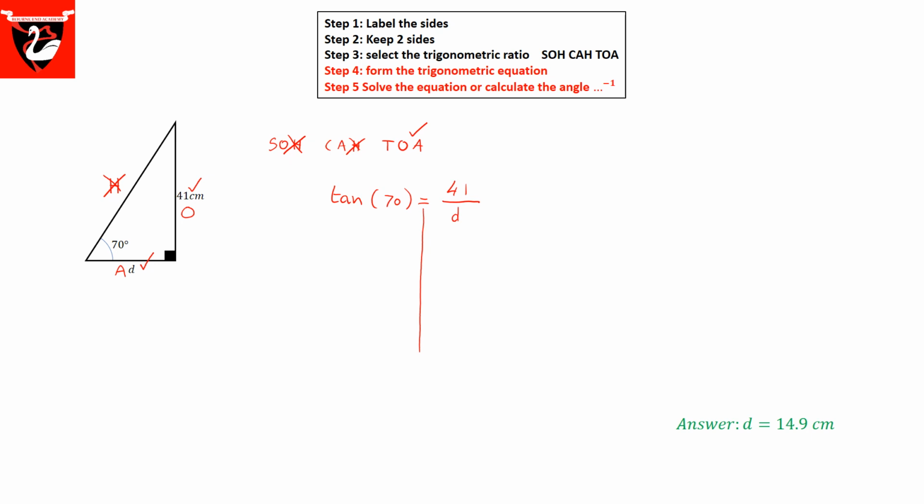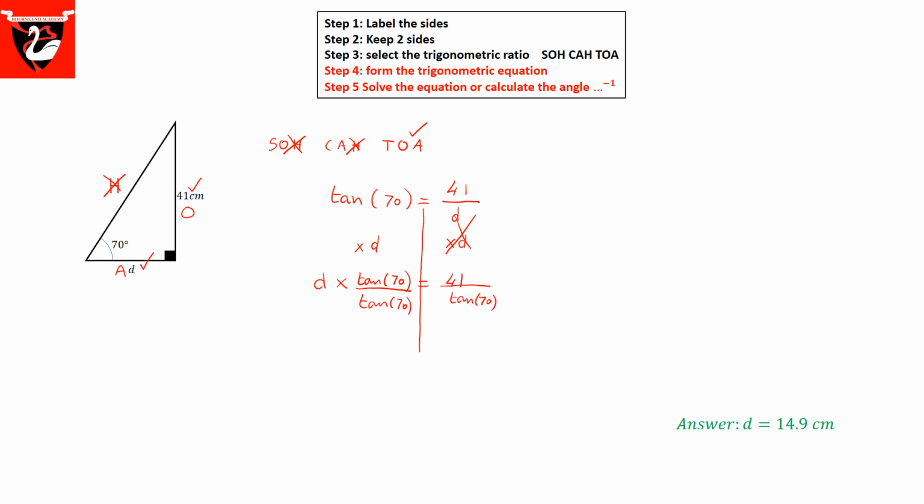So the first thing you do is you actually need to clear the denominator so that you no longer have the unknown at the denominator. So you're going to multiply both sides by D, which has the effect on the right hand side of cancelling the denominators. On the right hand side you are left now with 41, and on the left hand side you've got D multiplied by tan 70. Tan 70 is just a number, so in the same way as if you had D times 4 or whatever easy number you're more used to in algebra, you are going to divide by this value. So you're going to divide by tan 70, and whatever you do to the left you do the same to the right,